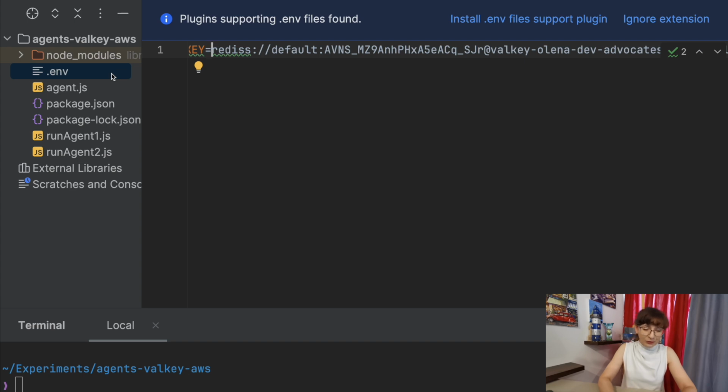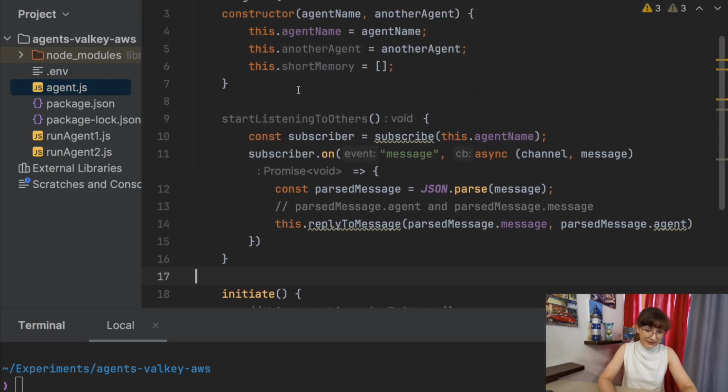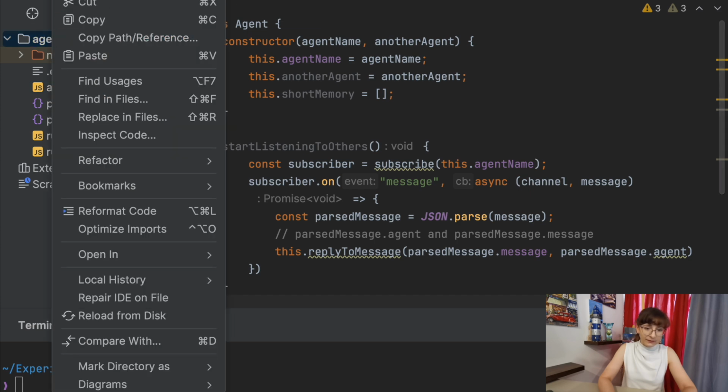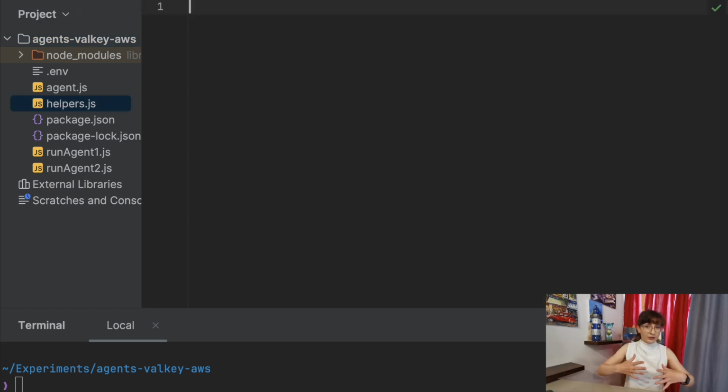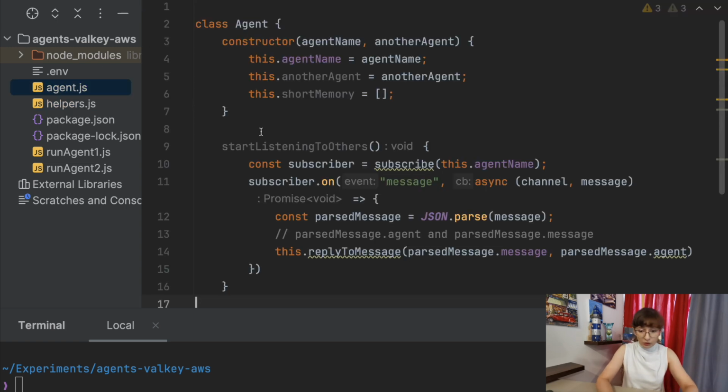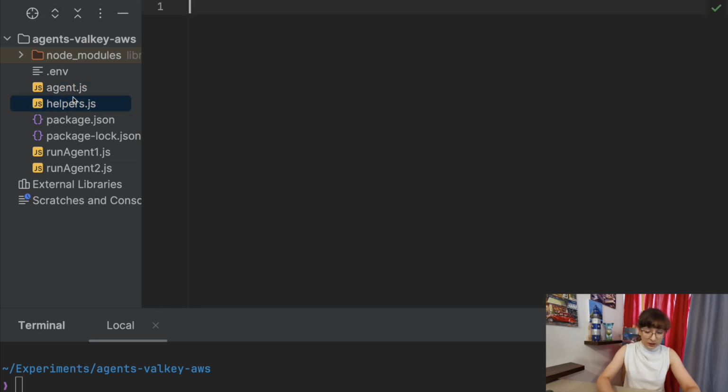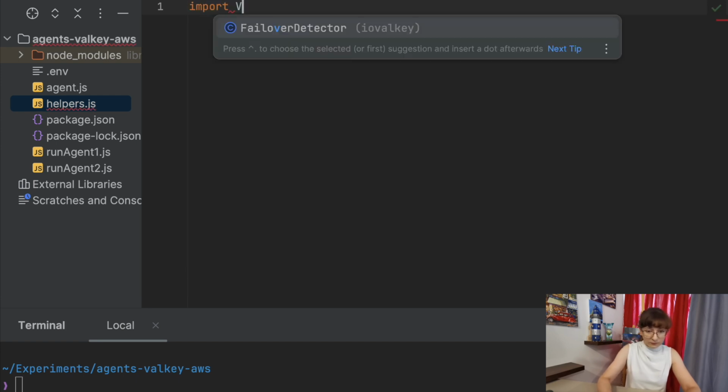Now, to avoid polluting our agent class, I will create a separate file, which I will call helpers, it can be something else, where I will put the functionality to work with Valkey, for example, or to work with AWS later. It will be a salad of different things here. And the first thing which I would like to add is that method to subscribe to a channel, using the Valkey library. So we will need to import Valkey